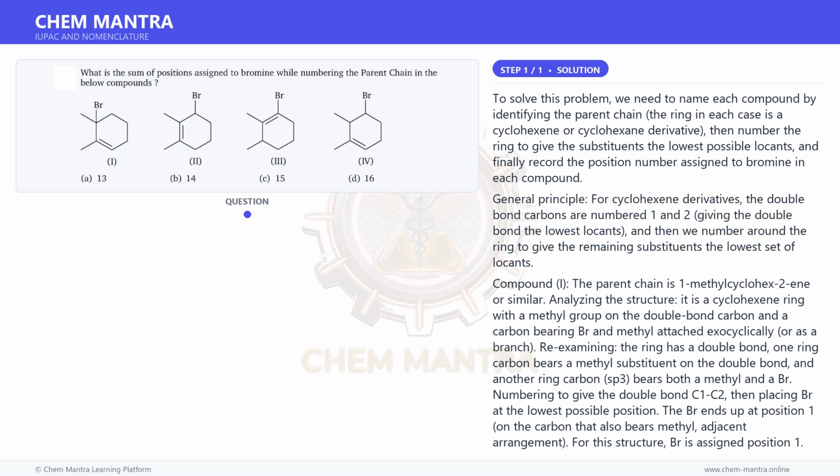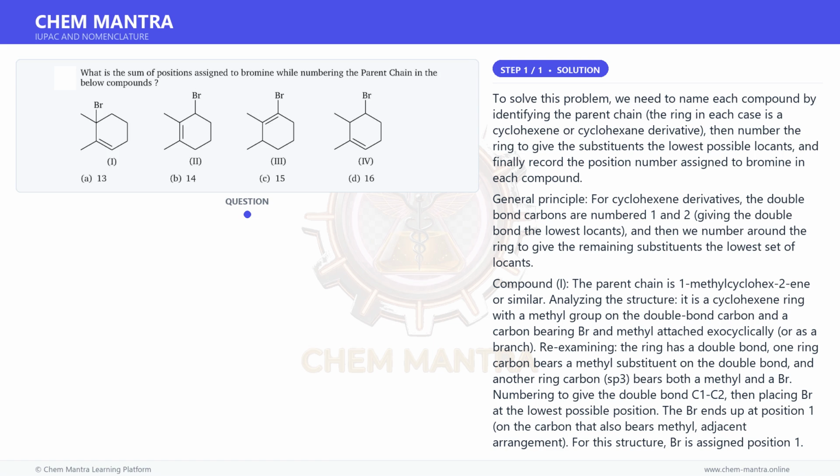The ring in each case is a cyclohexene or cyclohexane derivative. Then number the ring to give the substituents the lowest possible locants, and finally record the position number assigned to bromine in each compound. General principle: for cyclohexene derivatives, the double bond carbons are numbered 1 and 2, giving the double bond the lowest locants, and then we number around the ring to give the remaining substituents the lowest set